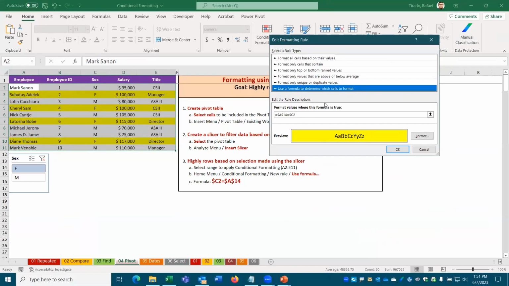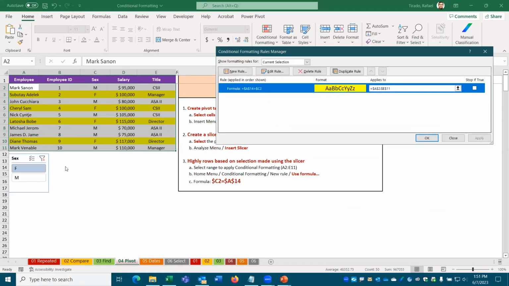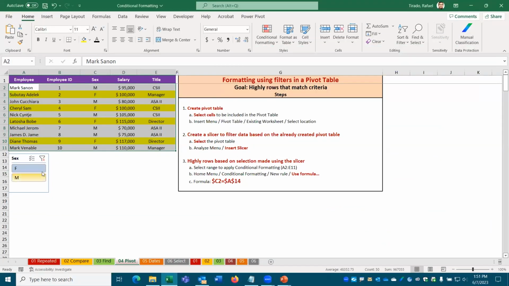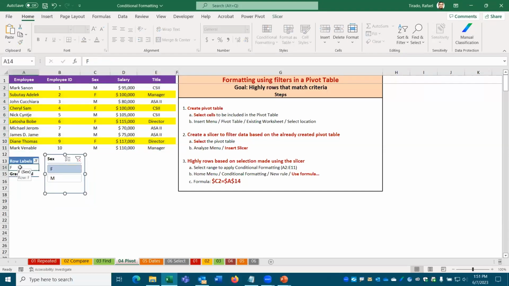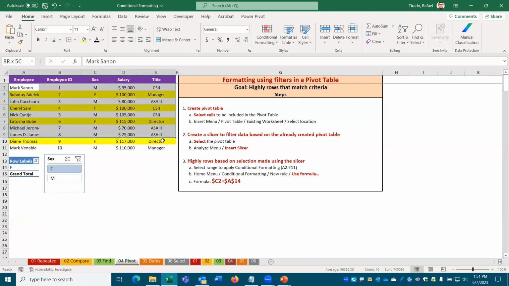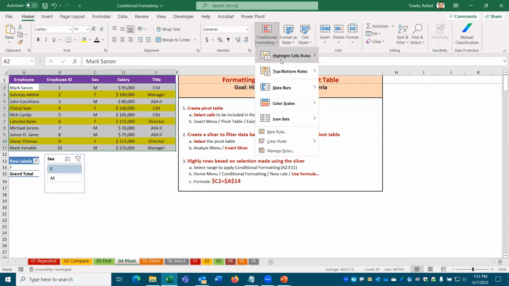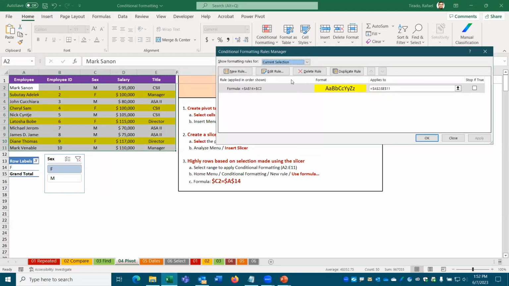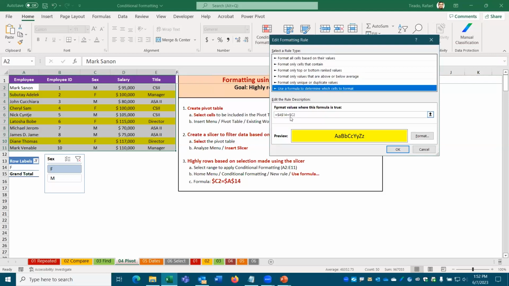Well, just to explain it better, let me take this over. Let me take it out because now I'm covering A14. So remember, A14 has the F or M, right? So let me go back to the formula for the explanation. Excel travels to cell A2, right? What do we have on A2? Mark Shannon, right? But Excel knows that